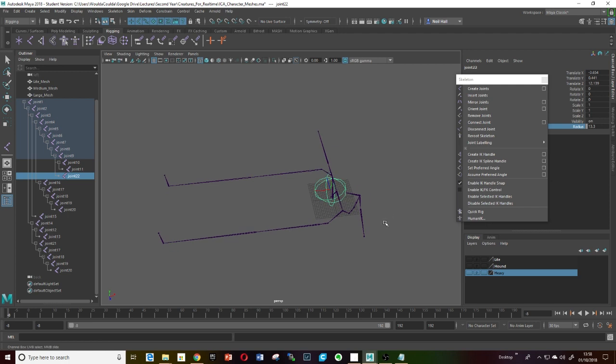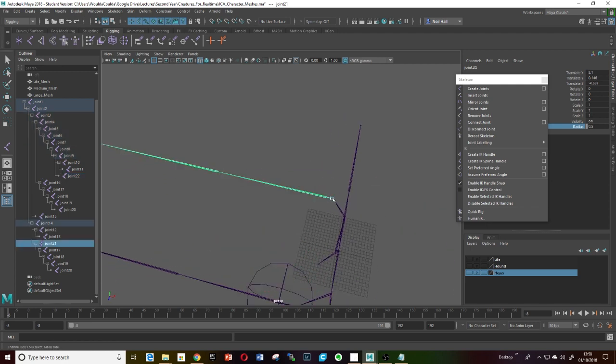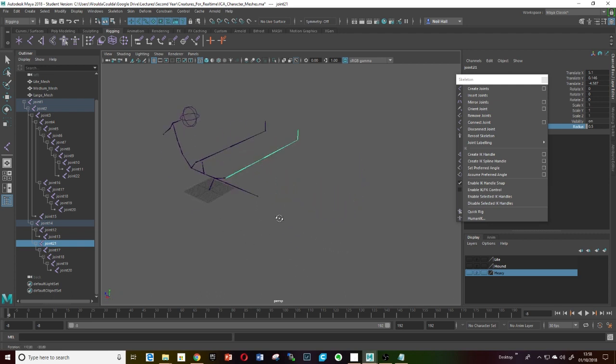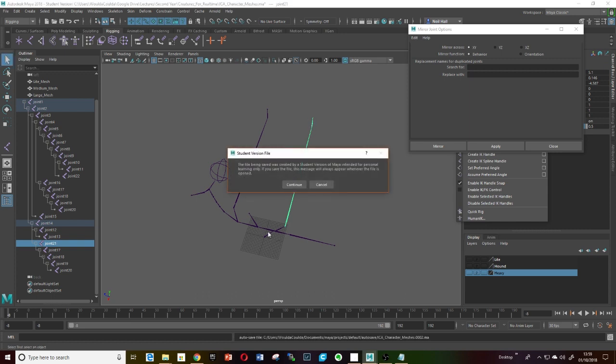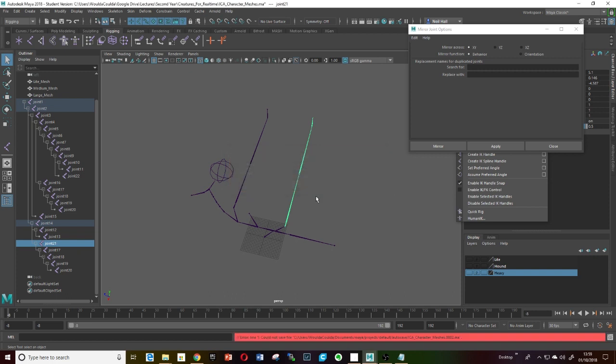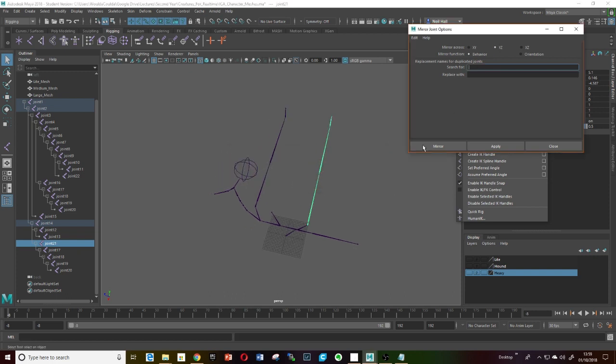So in order to mirror this, all we need to do is select the joints that we want to use. And if we have a look at mirror joints, we need to know the axis that it's going to mirror on. Okay, so the axis we want is the YZ plane, because you want the mirror basically being this plane here, and that's YZ. At the moment it's set to XY, so it will just simply use this plane. We don't want that plane because all it's going to do is pretty much put it in the same place according to this. So set it to YZ